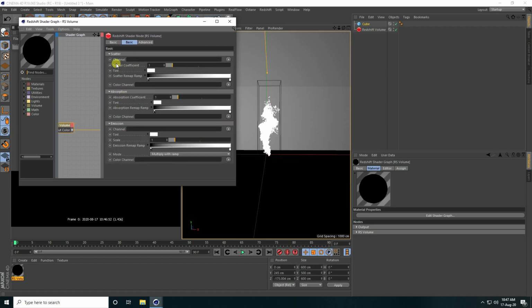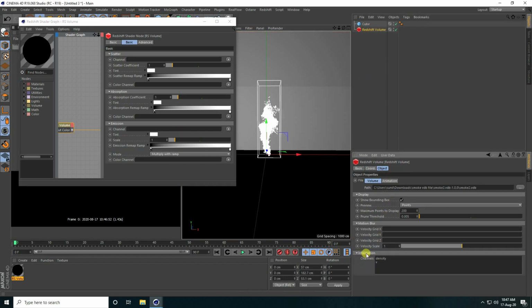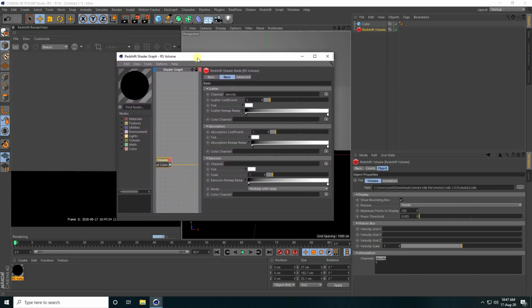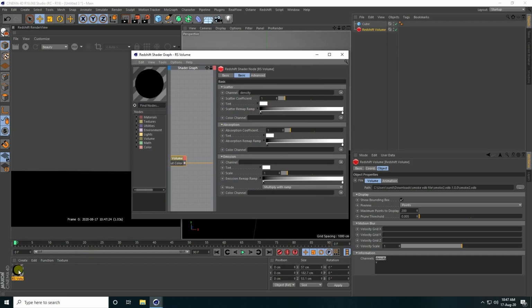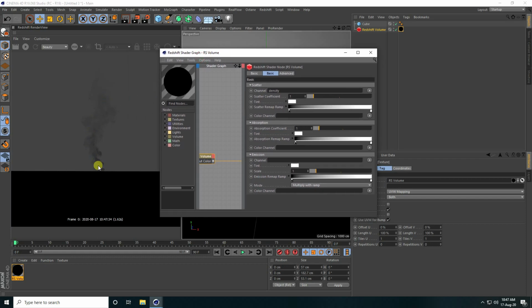And guys, see, that's my scatter and apply channel. So go to here, object, and see guys, information, that's my density, and copy and paste to channel. And enter. And render preview. Okay, see guys, that's not visible. So select this material, apply on Redshift, and now preview. Yeah, that's right. See guys, that's my smoke effect, right?